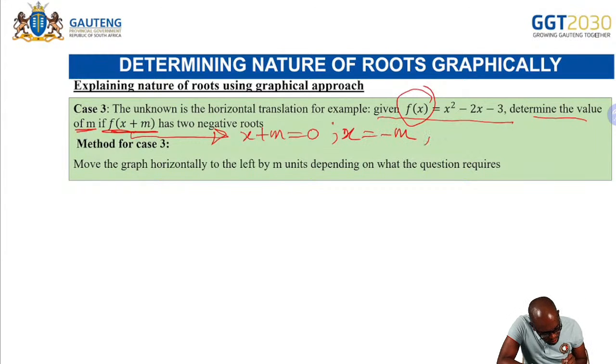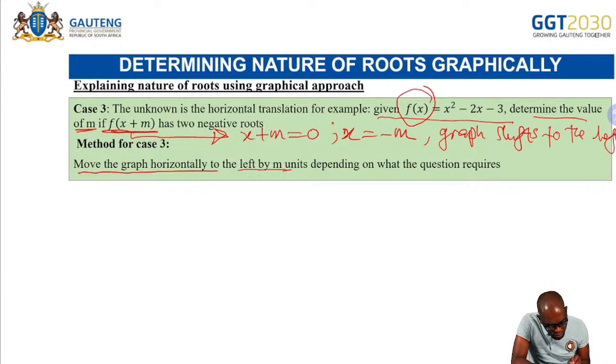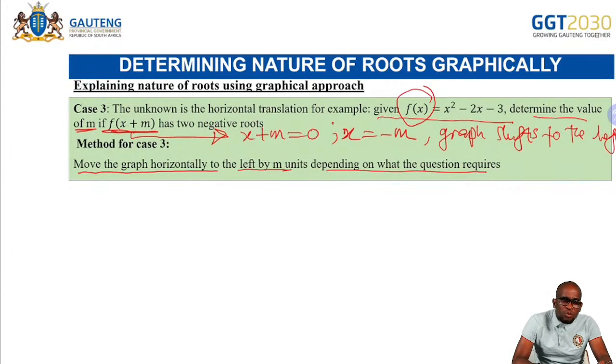So they are trying to tell you that the graph shifts to the left. The graph shifts to the left. So now, what does it mean in the context of these roots? You are going to move the graph horizontally to the left by m units depending on what the question requires. So for us to be able to do that, we need to also look at questions where we should be